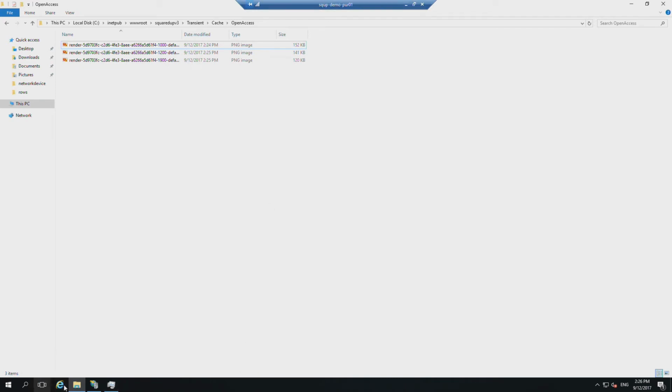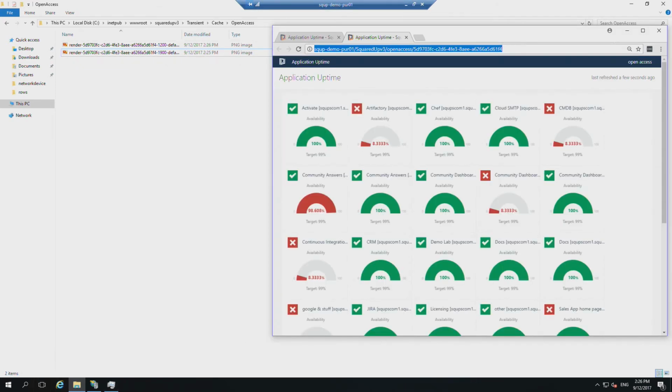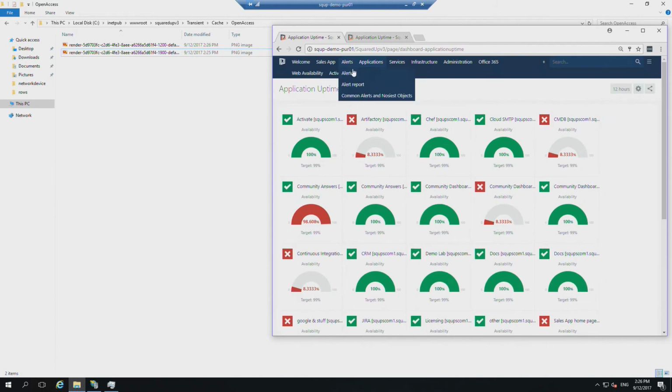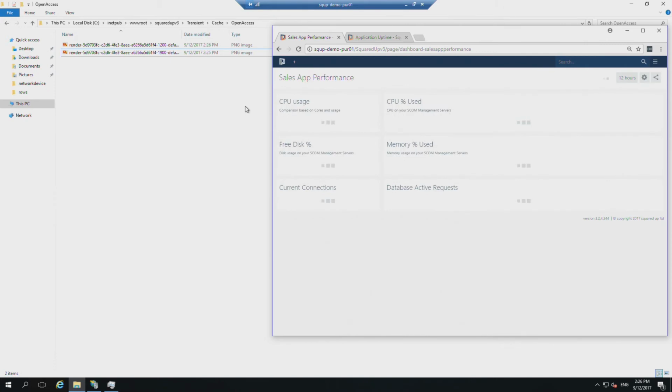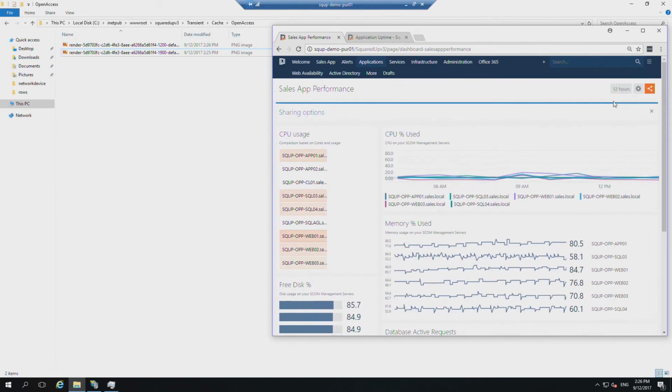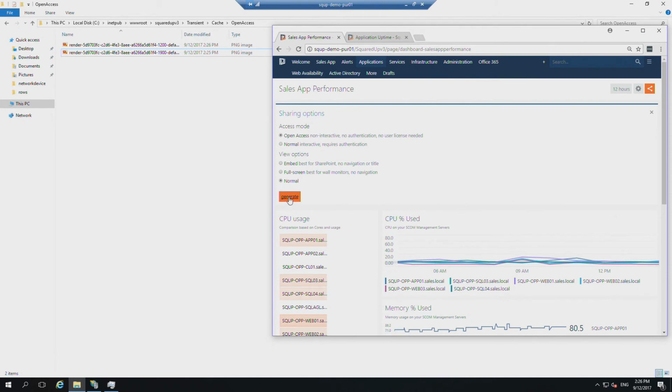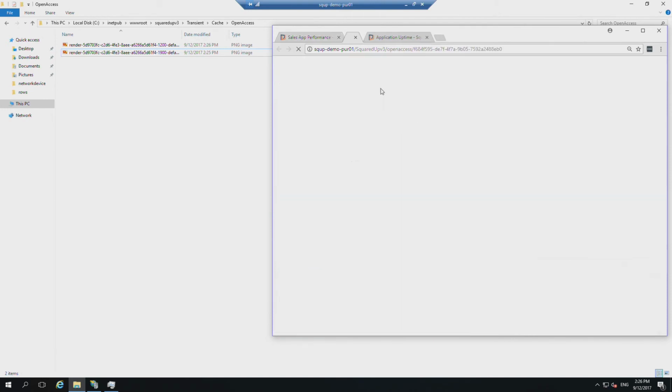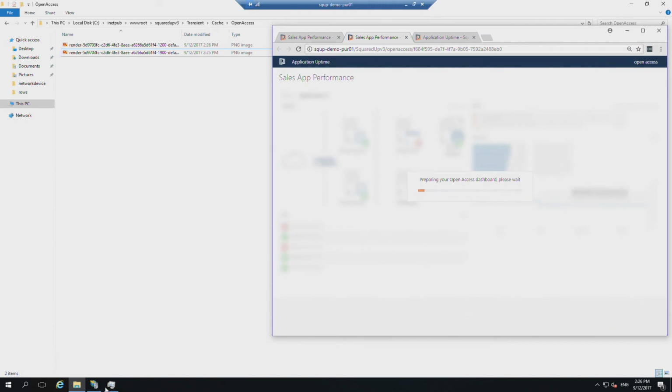So that's how that all fits together. Let me just come back into Squared Up, and we had another dashboard that we were looking at with open access. So it's this dashboard. I deleted it out, didn't I? So let's just republish that and view it. And then what we should see